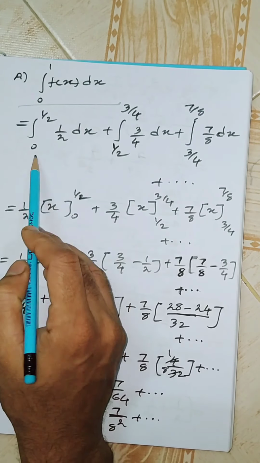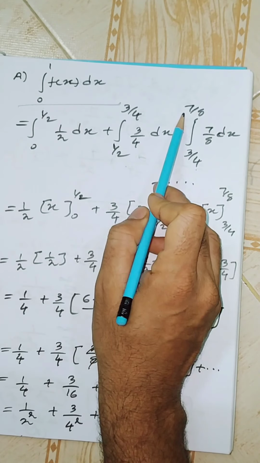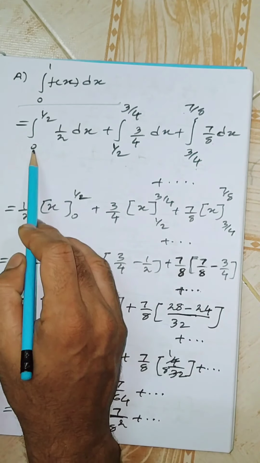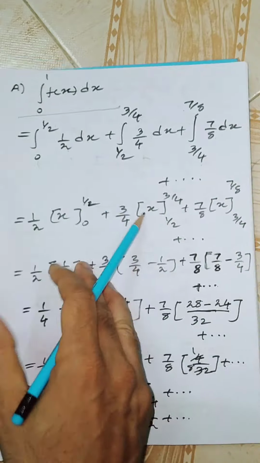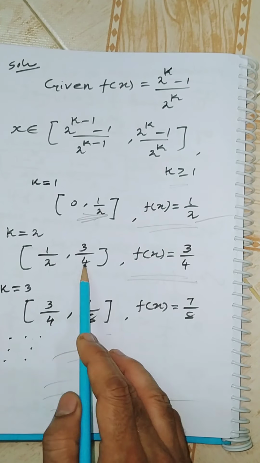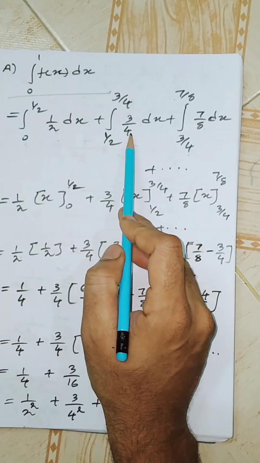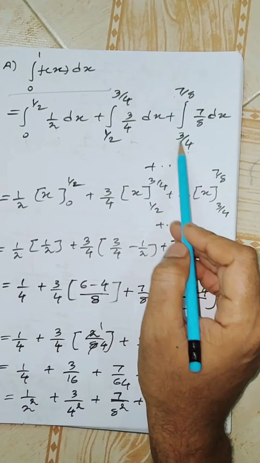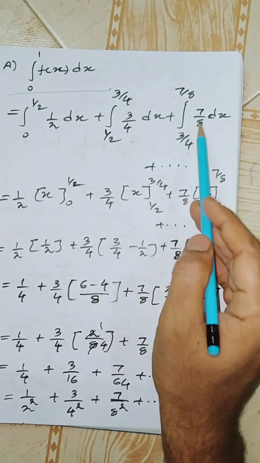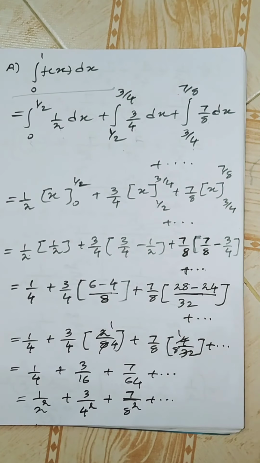This closed interval 0 to 1, that is 0 to 1 by 2, then 1 by 2 to 3 by 4, 3 by 4 to 7 by 8, then the corresponding function. Am I right? 0 to 1 by 2, we are getting f of x value 1 by 2, right? Then this closed interval 1 by 2 to 3 by 4, is it right? Then 3 by 4 to 7 by 8, the corresponding f of x value 7 divided by 8 dx, plus